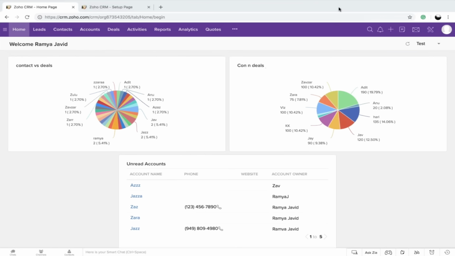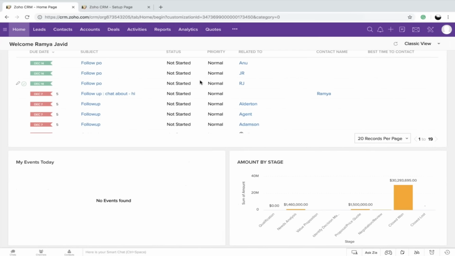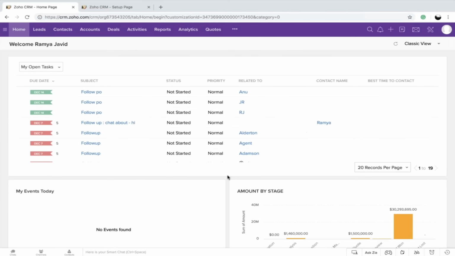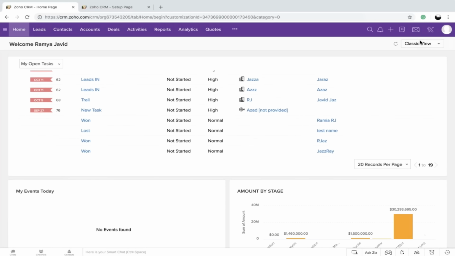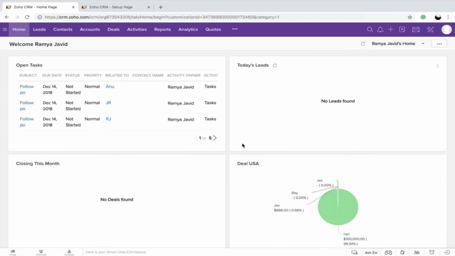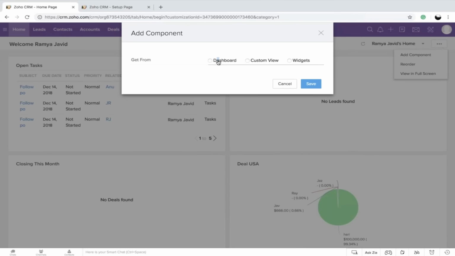I can also add different components right here. Say there are different types of views. One, the classic view, which will have certain predefined deals components right here, and the other one, the user's home. You can add the options right here. So I can just add the component. So from dashboard,